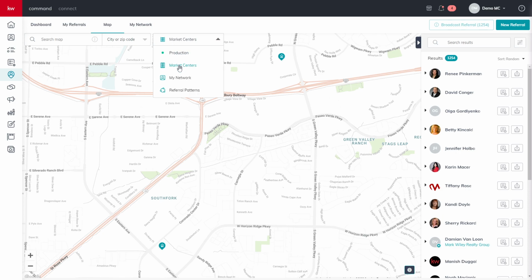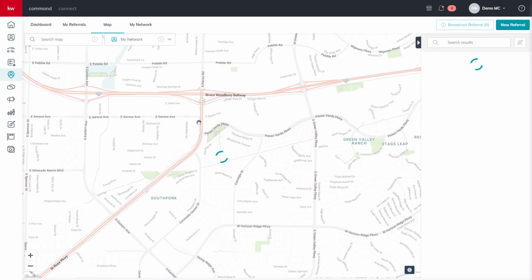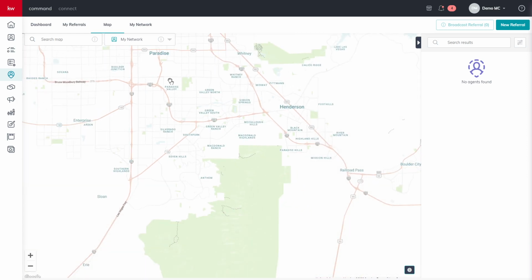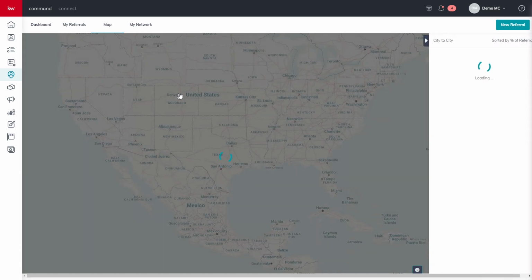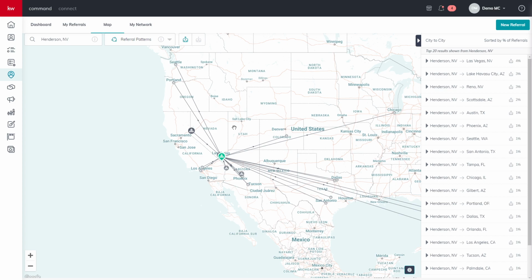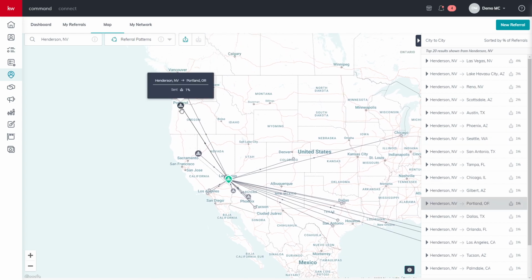The other cool thing that you can do here is you can see your network. If you have one built, it would populate with that. But this is the really cool one, is the referral patterns. Now this is showing you the outgoing referral patterns. It's showing you where all the referrals that are leaving Las Vegas to other KW agents are going. And if you look, so 2% are going to Scottsdale, Arizona, 1% to Tucson, 3% to Lake Havasu, a couple of percent there, 3% to Reno, 1% to Seattle, Portland,